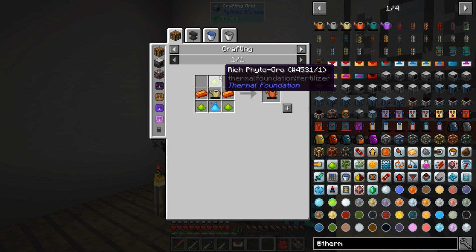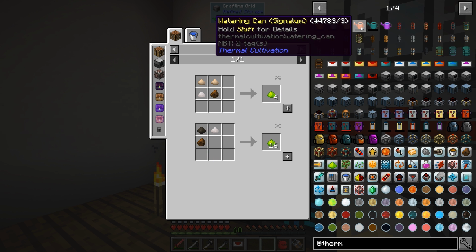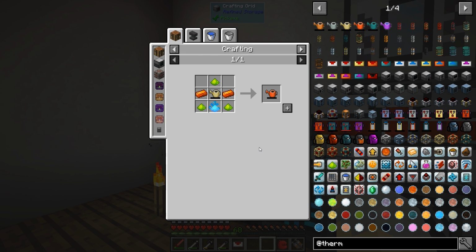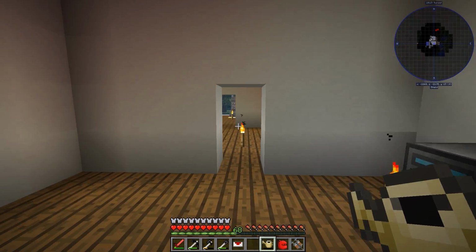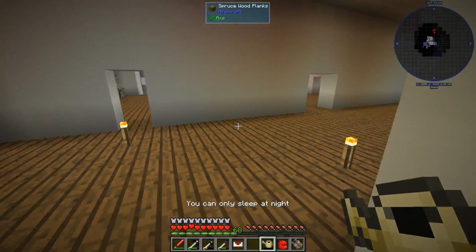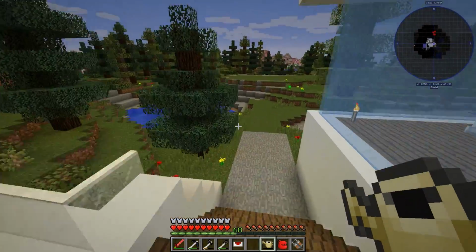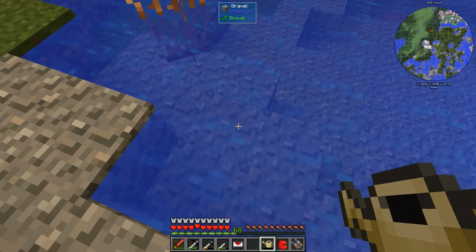Now, you can upgrade this again to obsidian or to signalum, but we need signalum for that, and that's not really going to work very well. This thing holds a fair amount of water. So let's see if we can try this thing out and just see how it works, how it compares to the one from Extra Utilities. Does this need...